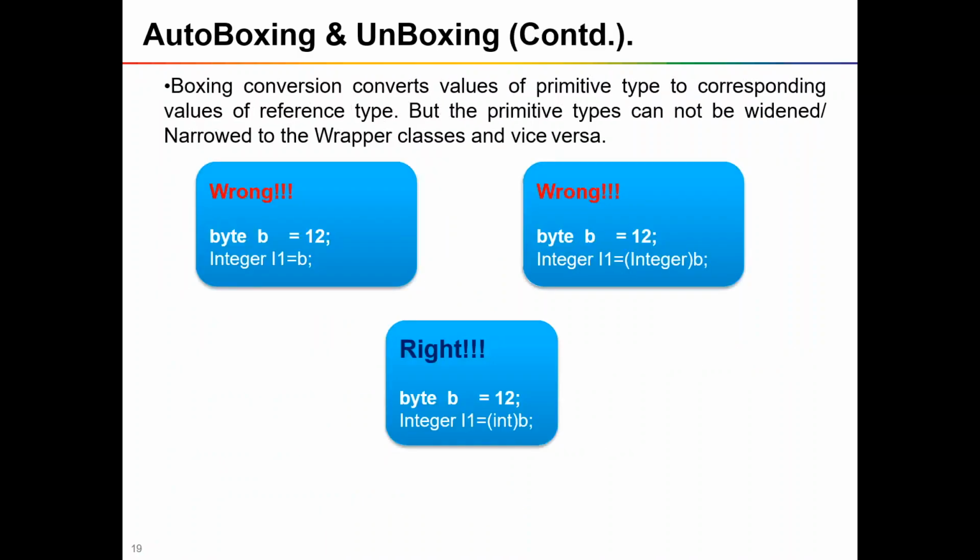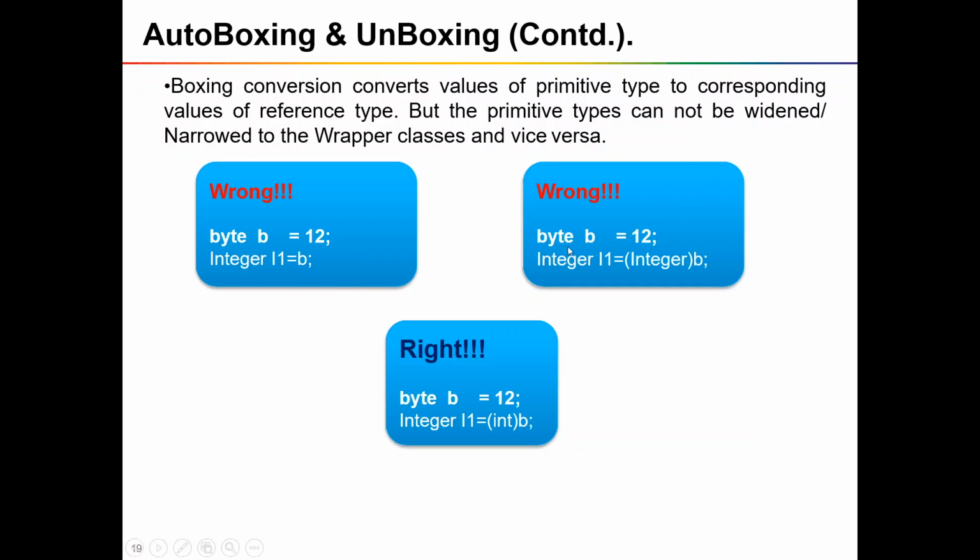So these are all certain statements where you can find why it is wrong and why it is correct. In the first statement, you are creating a byte b equal to 12, and you are assigning it to an integer object, right? But b is of type byte, so you cannot convert a byte type into an integer object